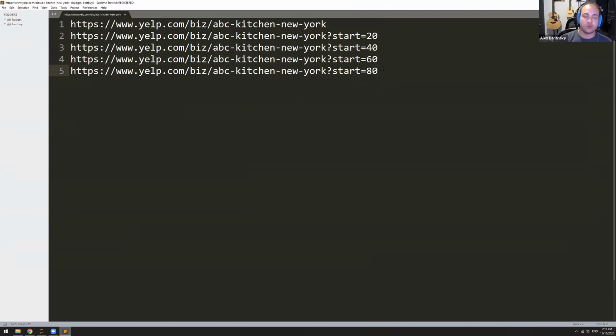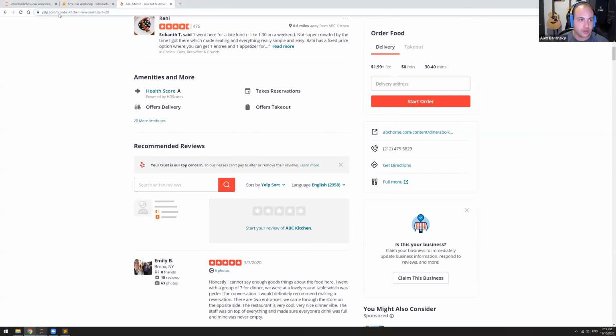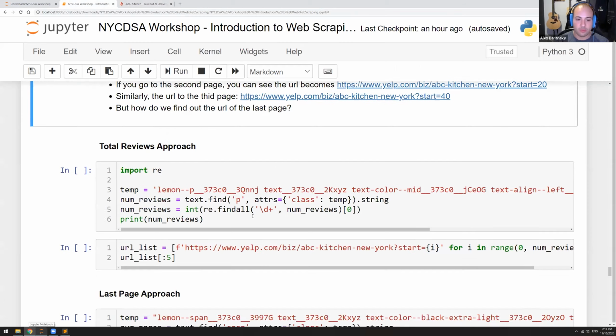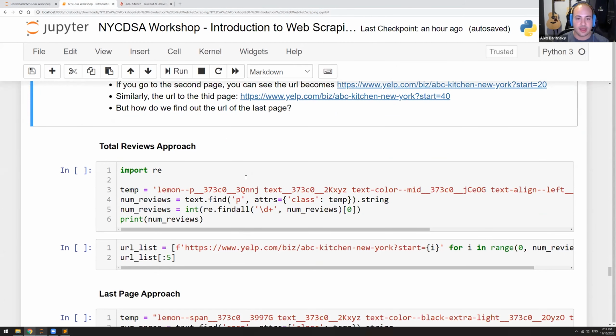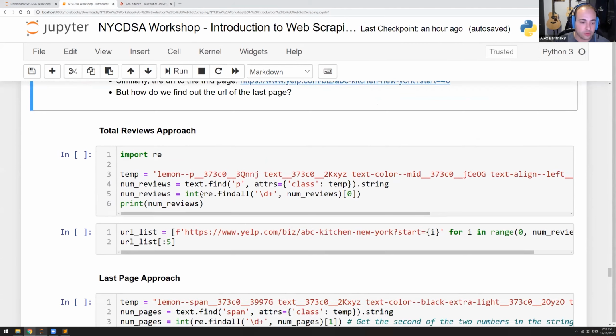So what we want to do is generate all of the URLs for every single review page so that we can essentially loop over a list of these URLs and say, all right, get the response from this page, right? Now get the response from this page and then get the response from this page. So that's exactly what we're going to do, which is we're going to have to try to find the URLs of each of the pages and then get a list of every single page. So how do we do that? Well, what we can do,